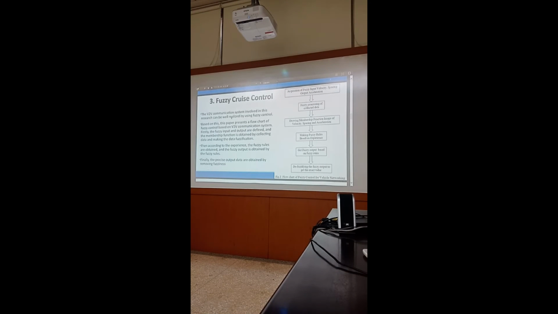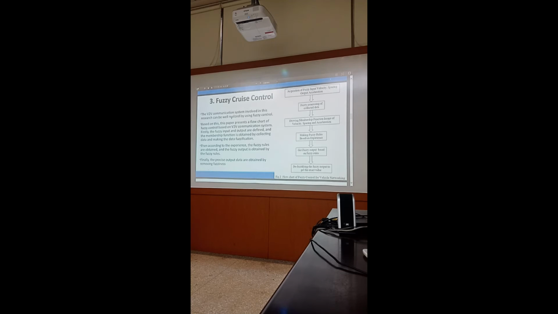And this is the design of the method, the basic cruise control that this paper develops. As you may know, the first step of the fuzzy system is to acquire the fuzzy input. For this case, the inputs are spacing, which means distance, and velocity, which means the speed of the vehicle. They have two inputs and one output. The final output is the acceleration, so the automatic vehicle can speed up or slow down.